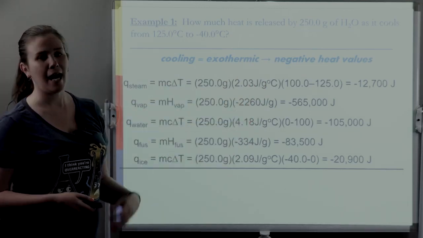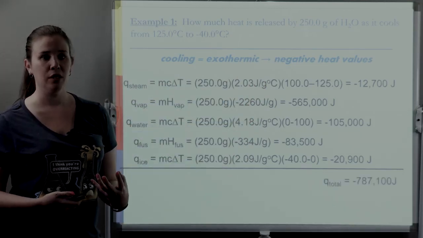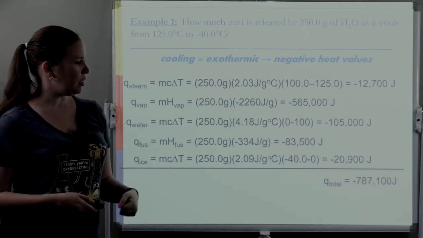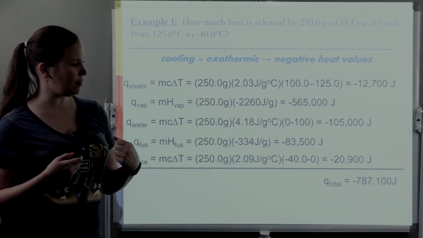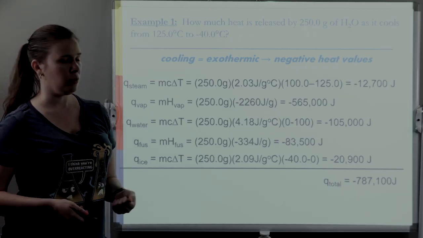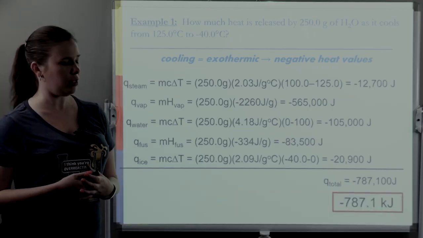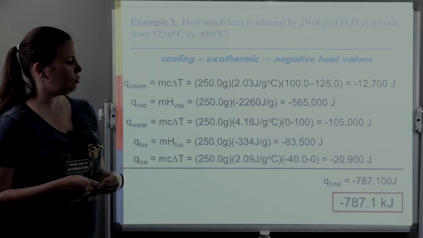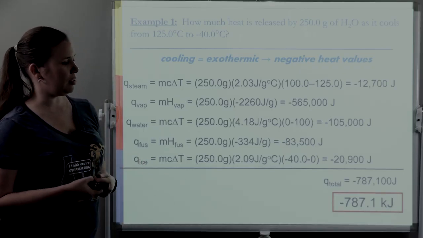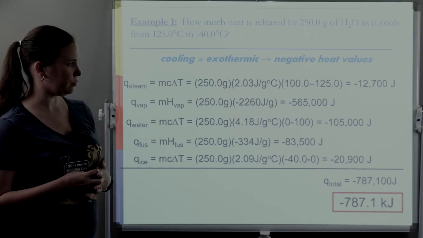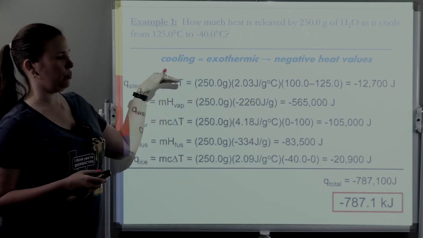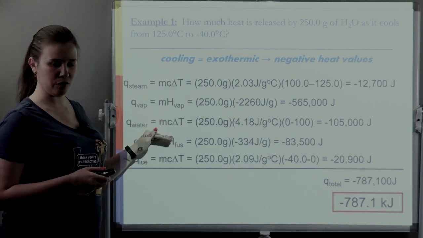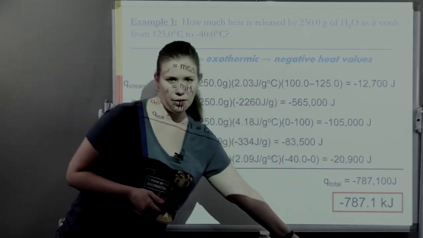phase changes, I can total that energy up, leading to a total negative 787,100 joules. Huge number, so a lot of answer keys and books will go ahead and convert that into kilojoules, which will be negative 787.1 kilojoules. So the idea is to make very deliberate choices for each of the Qs needed and then total them in